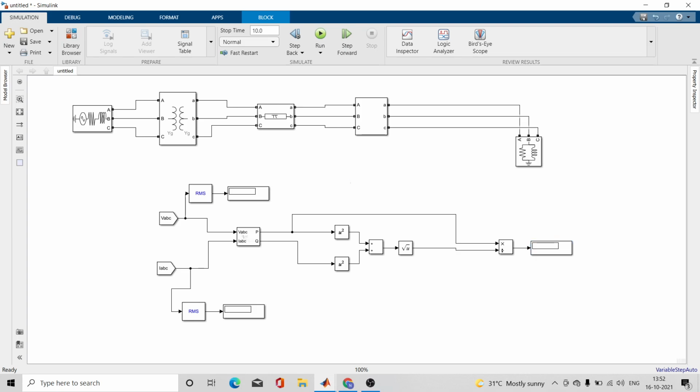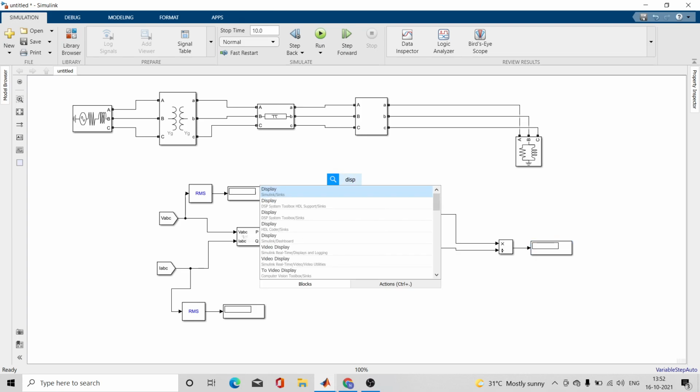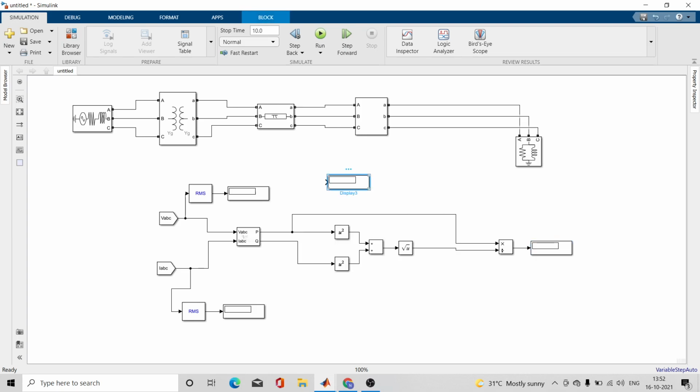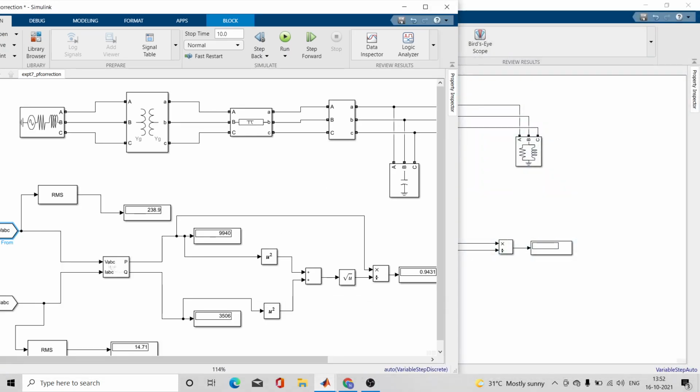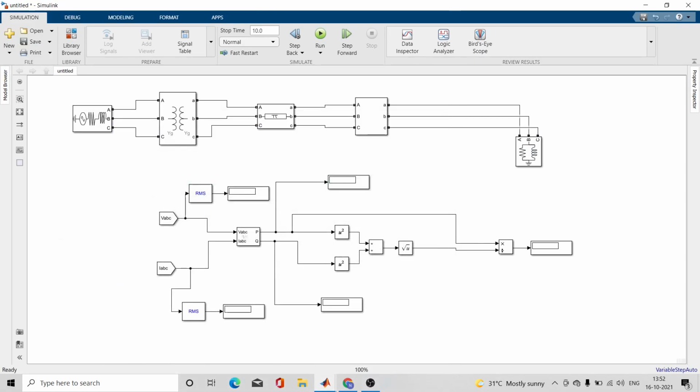So if you want to display the real power and reactive power, you can take those options, Control C, Control V, and you can use it to display this three-phase real power, and this one can be used to display three-phase reactive power. Very easy. So this is a simple structure for your calculation of your power factor.